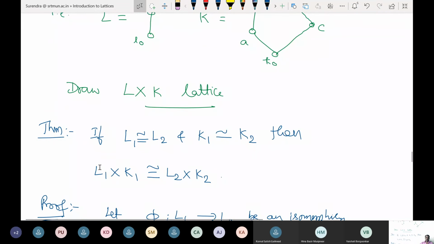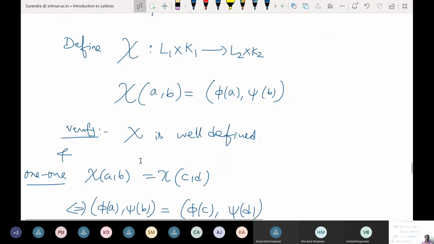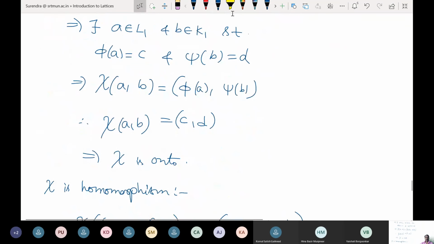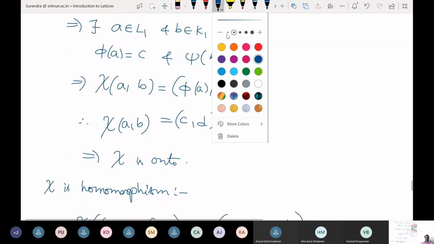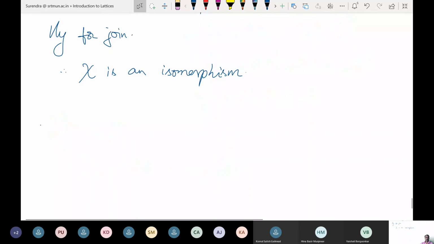What we do now is work on congruence relations. That means if L and K are two lattices, and on L we have a congruence relation and on K we also have a congruence relation, can we have a congruence relation on L cross K? So what is the next result? Our next question or theorem is about congruence relations on this Cartesian product.